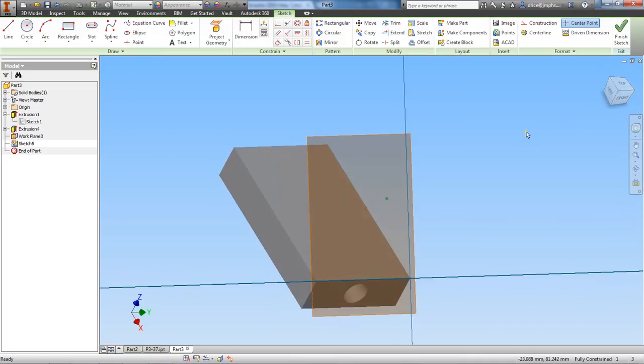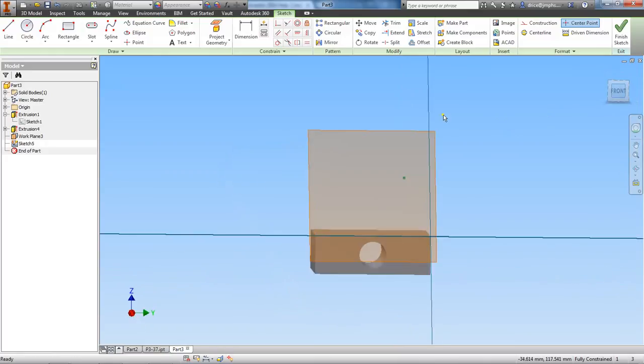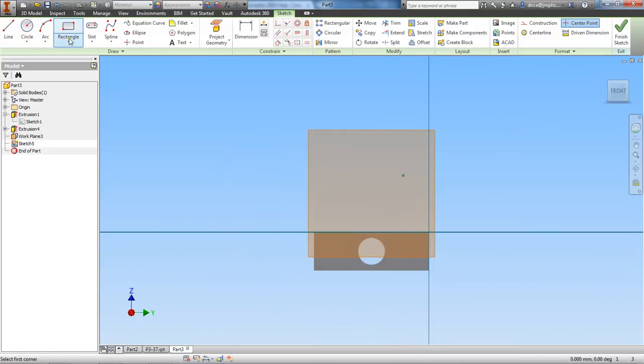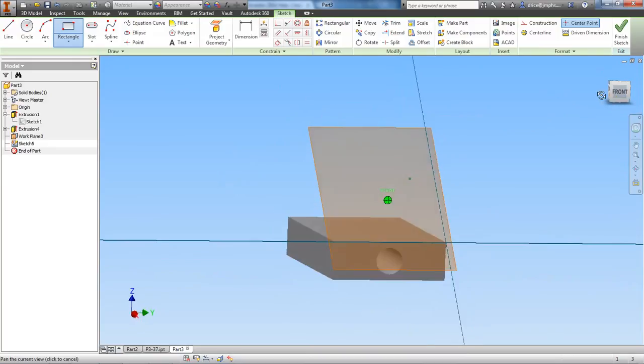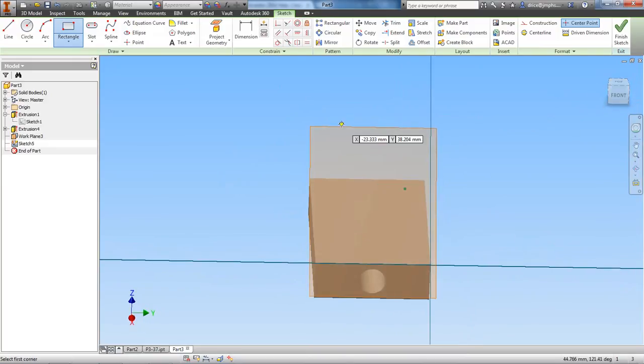All right. What I'm going to do is straighten this out to the front. I'm going to use the rectangle feature, a 2-point rectangle. And one thing I want to point out is, even though you see this work plane visible in this region, the work plane extends to an infinite amount. So I can start way out here, but I'm still in this work plane. So what I'm going to do is just create a rectangle